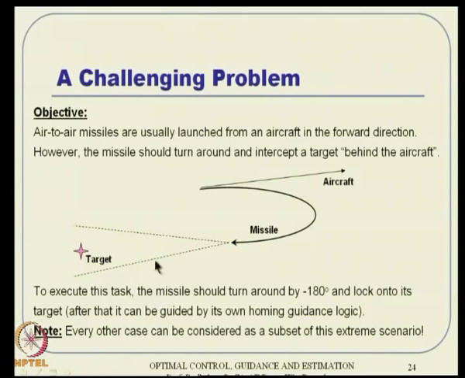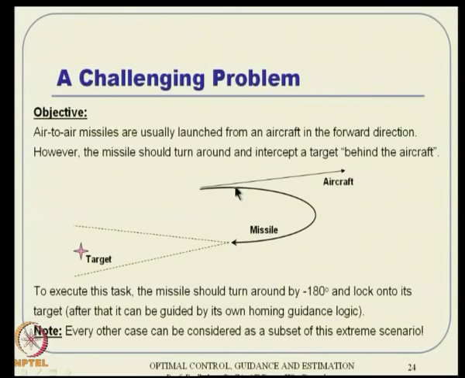But in the procedure, time is critical in such kinds of applications. So, is it possible that you can still fire a missile in the forward direction, but the missile has to turn as soon as possible towards the backward and then engage on the target? The problem we are talking about is not engagement of the target, that is a separate problem, but from release to exactly turning in the backward direction by almost 180 degrees,